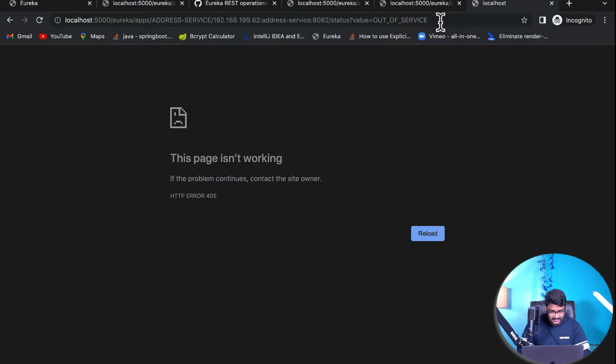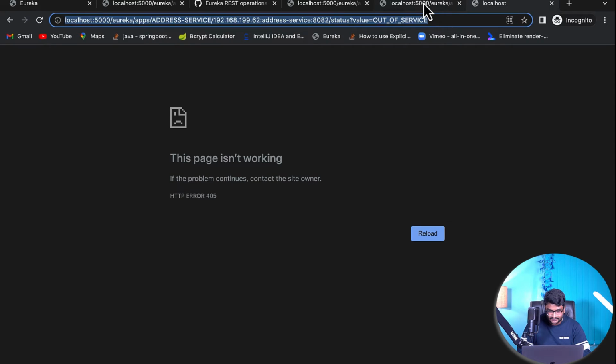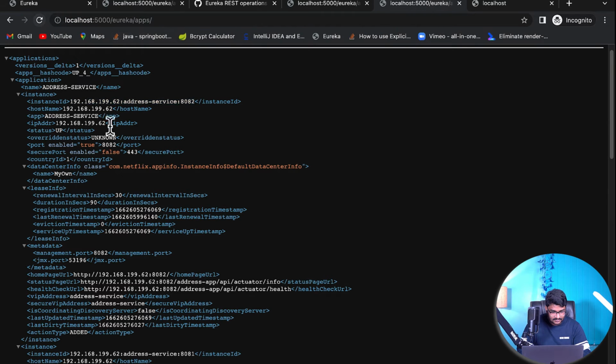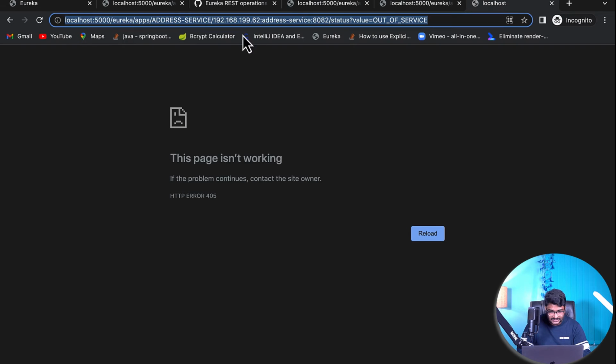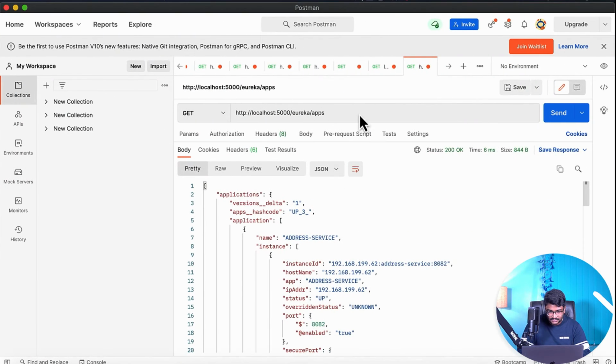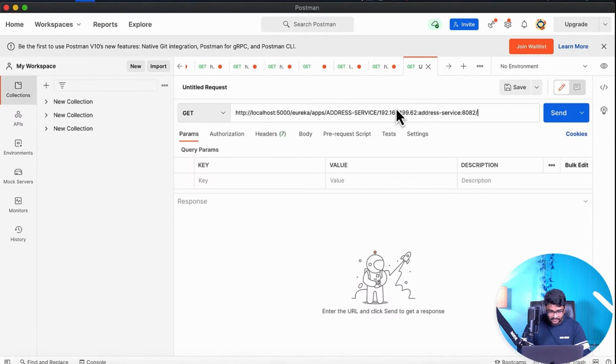Now I didn't get anything. That's fine. Can I check it over there once? What is the status right now? It is still up. Okay, can I just take this URL and hit it right there in my Postman? Just want to see whether I'm able to change the instance